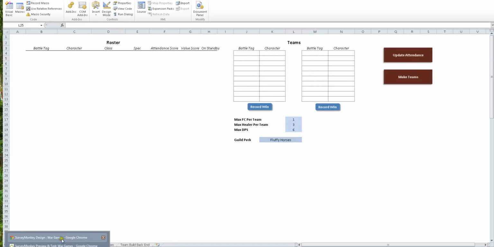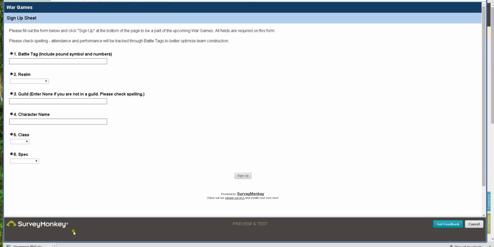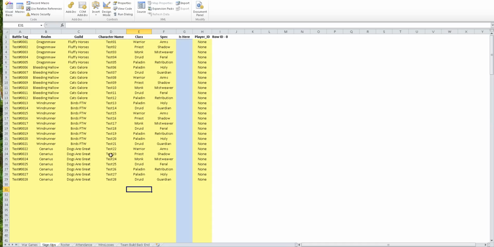around with teams. So if we go to the survey itself, whoops, wrong one, you can see I capture each player's data: battle tag, realm, guild, character name, class, and spec. This all gets fed into the Excel file, into the signups tab. In this case, I just have a bunch of test players with their battle tag, their guilds, character name, class,